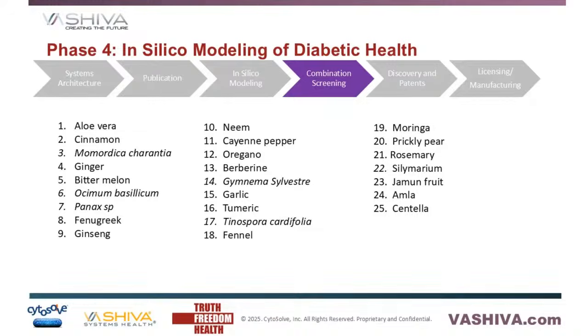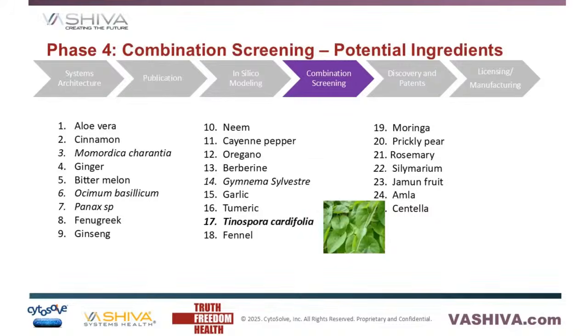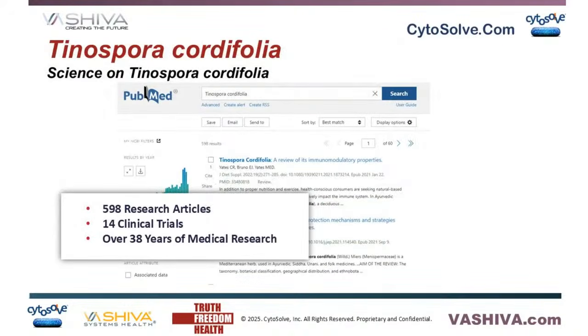We're not here to say that we have a solution, but what we're here to say is we're taking the systems approach, okay? Once we have this architecture laid out, we can actually use it to figure out what's actually going on. But today we're going to talk about Tinospora cordifolia, one of these 25 potential things that can reduce diabetes. Now, from our CytoSolve research, we have found out that Tinospora cordifolia is a widely researched dietary